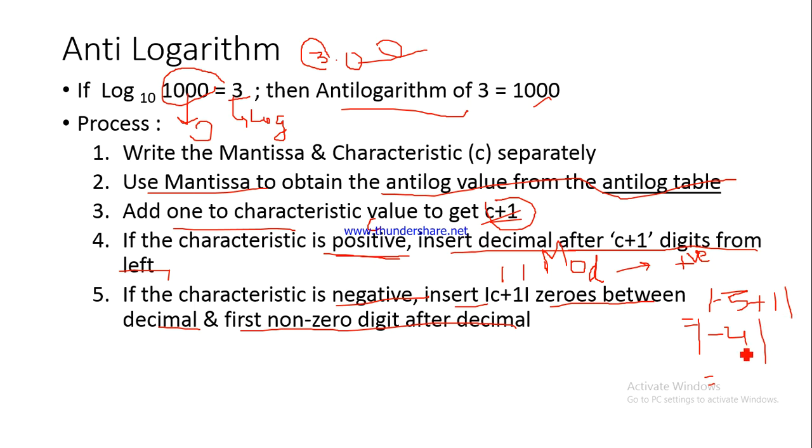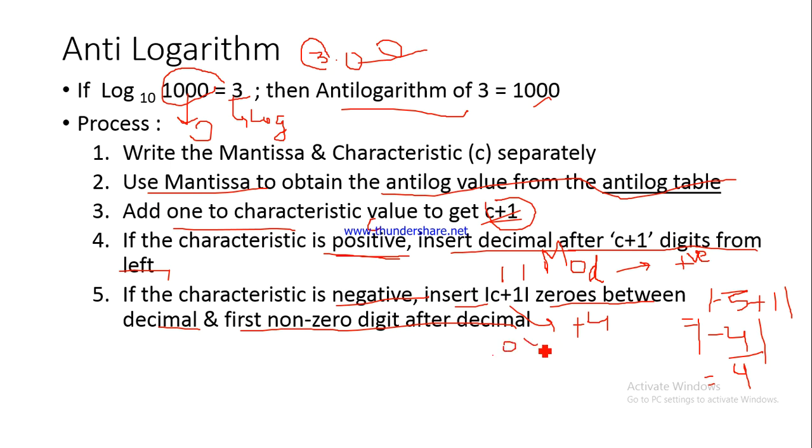A positive number inside would remain a positive number outside. A negative number inside, like this one, would also convert into a positive number. So this would become plus 4. So plus 4 zeros you are going to insert in this particular example that I have taken up. So you have to insert 4 zeros between the decimal